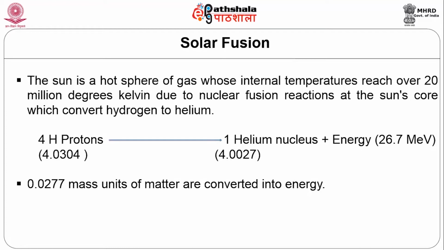This is the chemical reaction where hydrogen is converted into helium, and 0.277 mass units of matter are converted into energy. So the fusion reaction is taking place, and the core temperature of the sun is about 20 million degrees Kelvin,